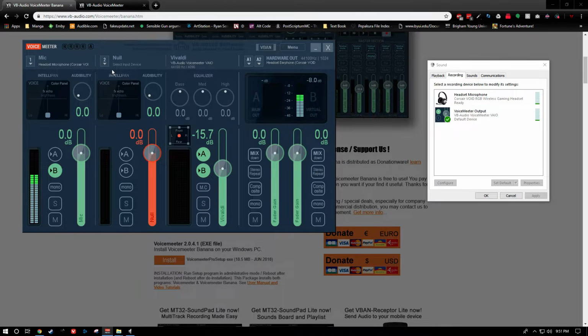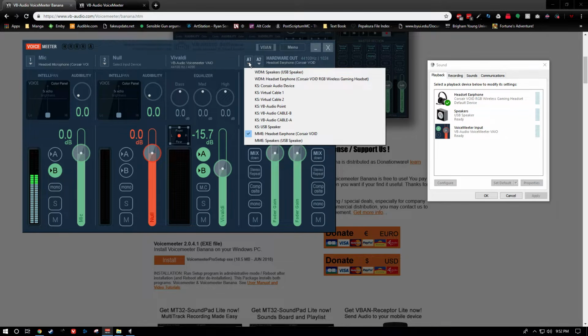So you have two different inputs that you can use, and the default input here is this VoiceMeeter input right here. I renamed it to Vivaldi because that is the program I am playing noises from, and it's going to show up right here. So now that you've got your two inputs, you're going to make sure that you've got your output set up. You go to A1, my bad, A1, and you're going to go ahead and click your